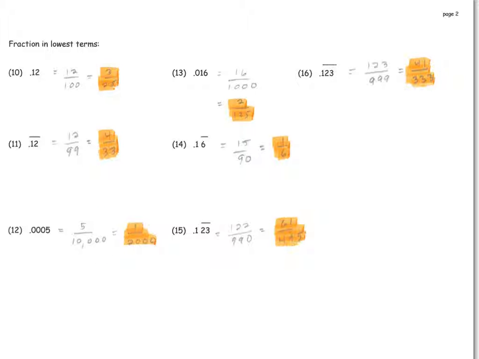The trick to doing the decimals with bars, you seem to use tricks for that, and although I'm not very good at tricks, I'll do my best. When the bar covers the entire number, then the top of the fraction has those numbers, 123 over here and 12 over here, and the bottom has 9's, as many 9's as there are numbers in the bar. So if this bar is 3 spaces long, it's 999, and if this bar is only 2 spaces long, it's 99. So I put the 12 over 99 here and the 123 over 999 there,